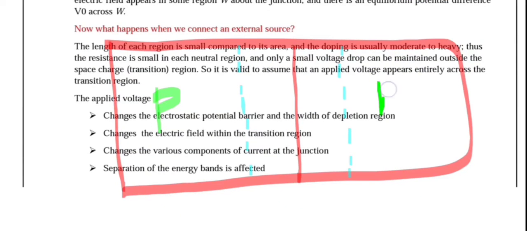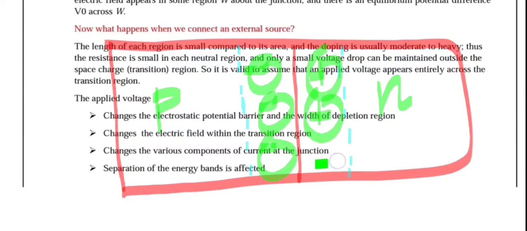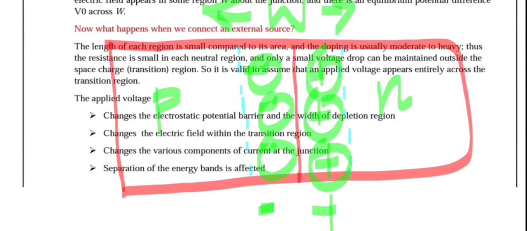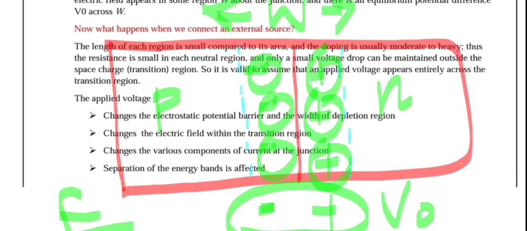In the p and n regions we have negatively charged ions here and positively charged ions here, and we have a potential difference here, plus and minus, and this occurs for a width W. This region is known as the depletion region, and the width of the depletion region is given by W. A net potential is developed here, marked by V0, which is also known as barrier potential or contact potential. This potential difference is V0, and an electric field is developed in the direction like this, positive to negative. Electric field is developed here.